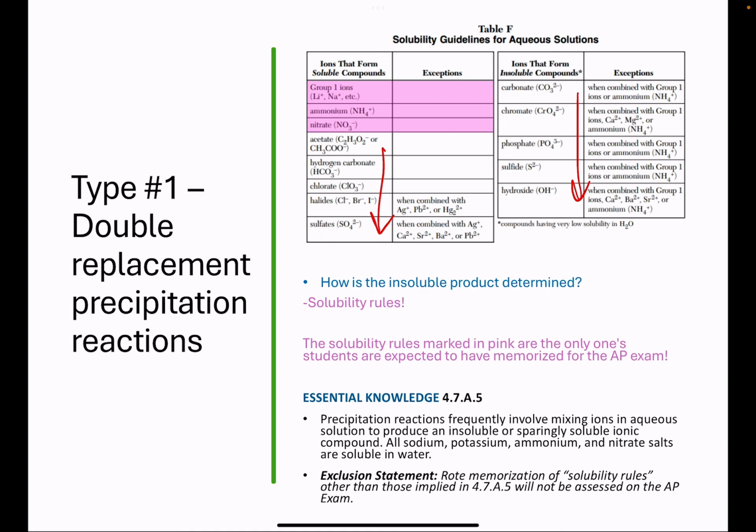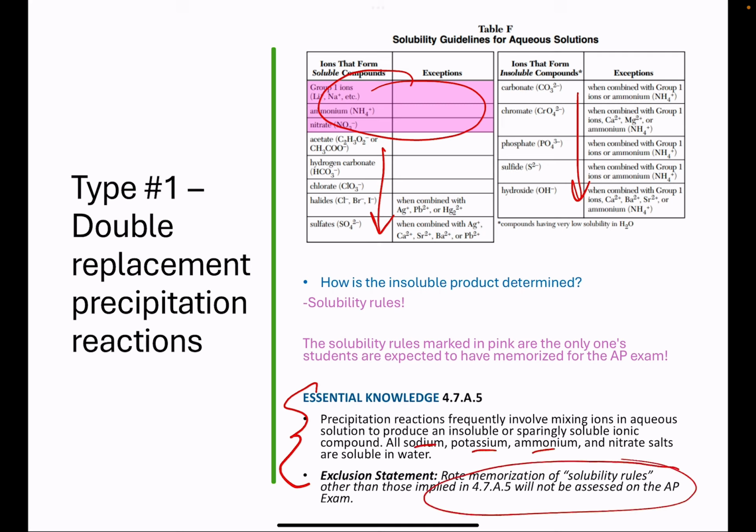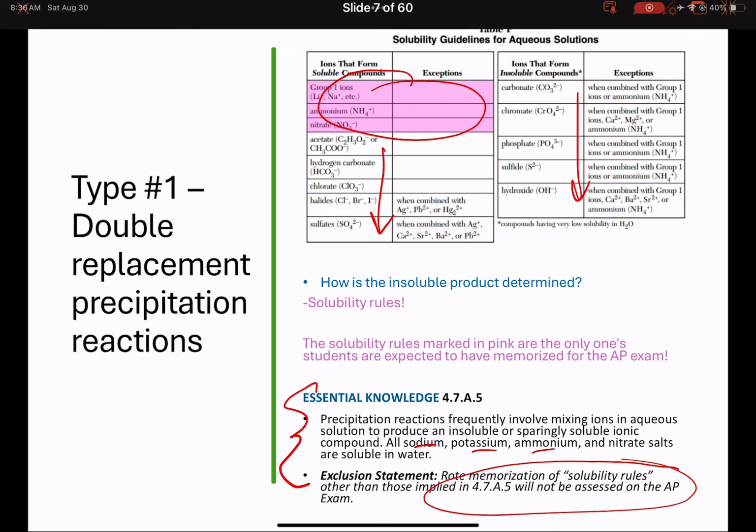So those are a lot of rules. But for our AP, we are primarily focusing on giving you compounds that only have those three rules right here. So if you want, you could read those. Those are the things that you need to know, and we will not be assessed on other solubility rules. Okay, so I'm going to